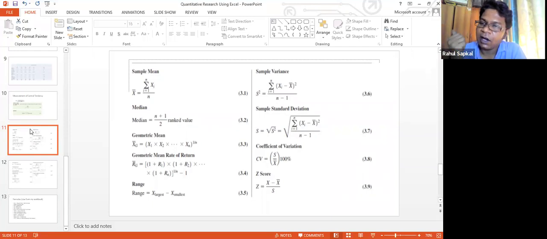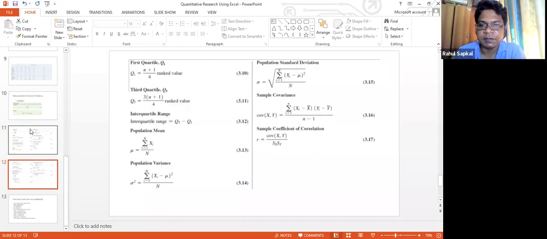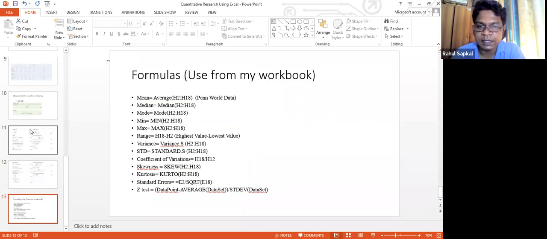So the observed value, which is the X, could be the income of a person, minus the sample mean of income, divided by your standard deviation. So this is the way in which we calculate it. And then quartile, third quartile, and this is just a little advanced one: instead of focusing on the mean, can we look into the quartile distribution also? Yes, we can, and we will see all of them soon.